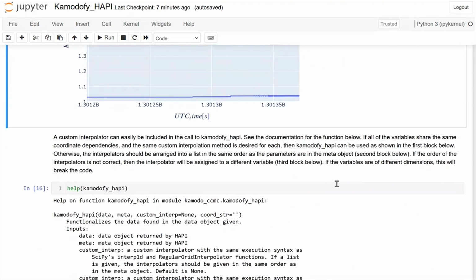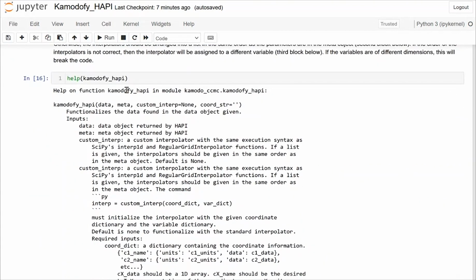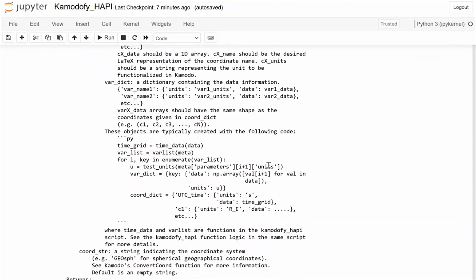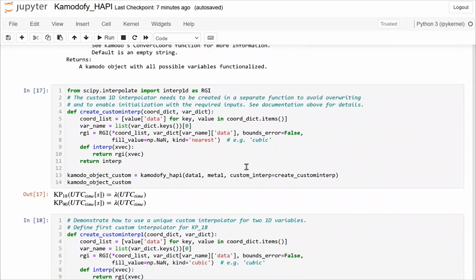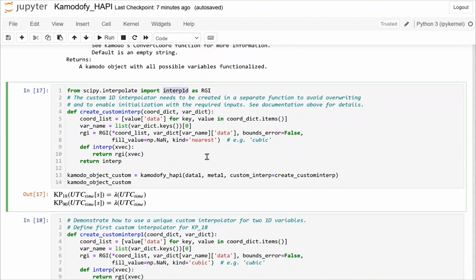But let's look at the custom interpolation and how to include it. So I'm going to scroll past this and just explain it, but this is just the doc string for the Kamodofy HAPI function that this depends on. So let's take, for example, just using the SciPy interp1d function, and instead of using linear interpolation, which is the default, I'm going to use, say, nearest neighbor interpolation,